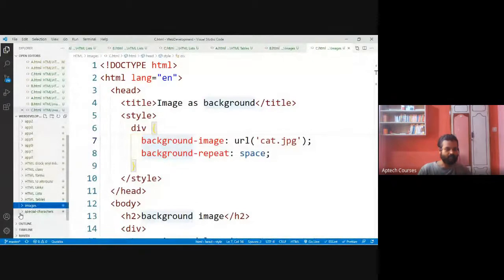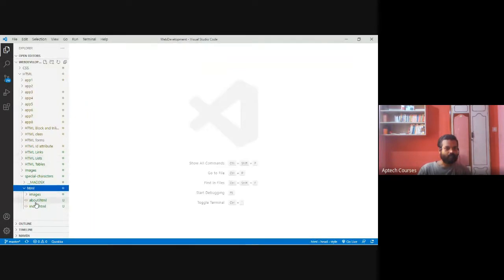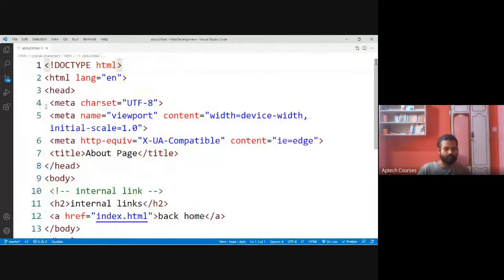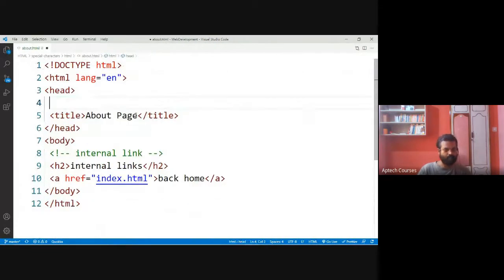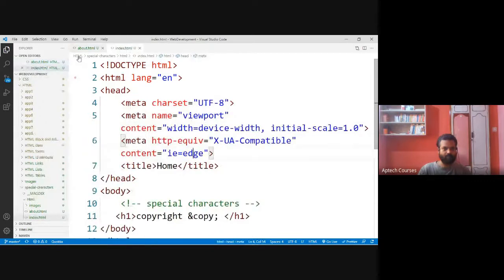HTML special characters. About.html. So let me delete this meta tag. We know how to work with internal links. This is the heading and this is the attribute href. So, index.html. Here,